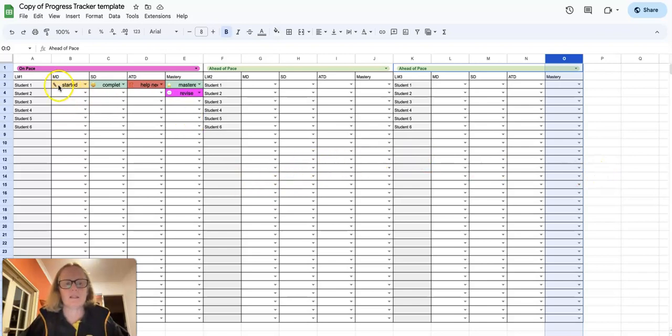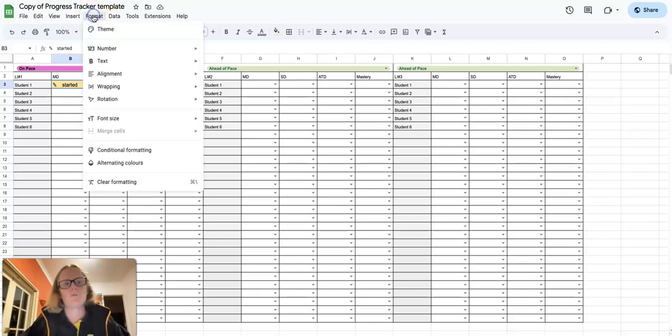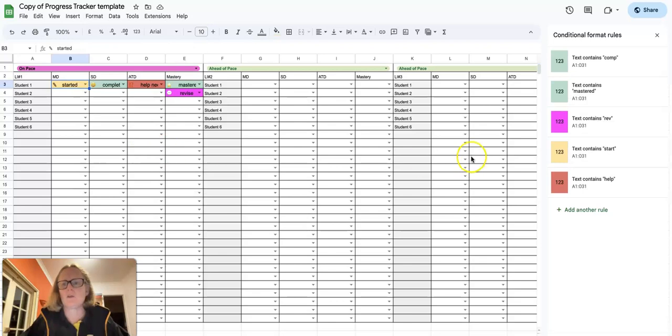You'll notice that these cells over here are fully coloured, whereas the drop-down menus are kind of lozenge shaped. So what I did for this was include some conditional formatting. If you go to Format and Conditional Formatting, you can see that I've picked my 5 colours that I'm using, and I've just conditionally formatted them. If they contain the text which matches the drop-down menu, then it gives them a different colour. And none of the students in my class have got those letter combinations in their name, otherwise their cell would light up too. So you can change those colours to match whatever you want